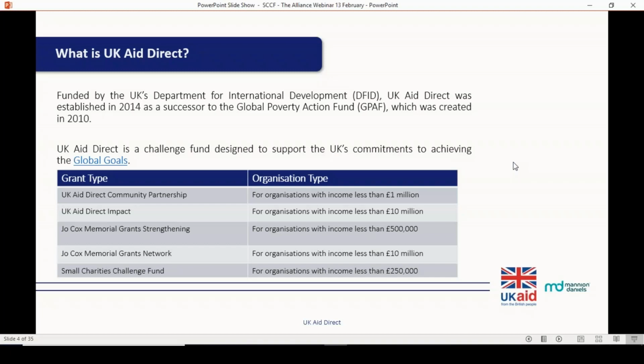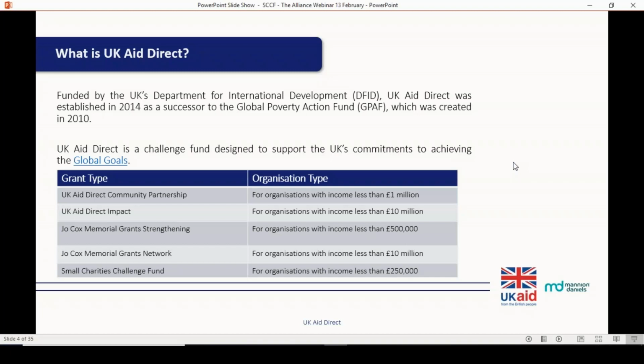Theme 1 supports civil society to take an integrated approach to gender equality and the empowerment of women and girls, and theme 2 is about providing support to strengthen civil society's capacity for early prediction of identity-based violence. The strengthening grants are for organisations with an income of less than £500,000, and network grants are for organisations with an income of less than £10 million.